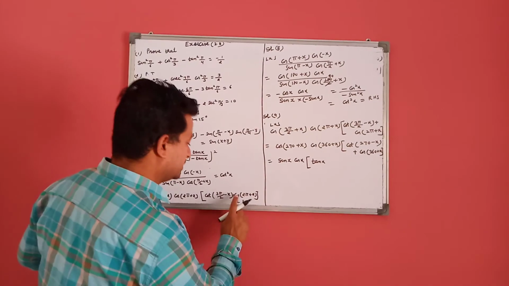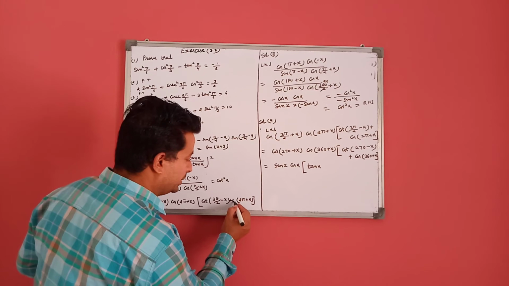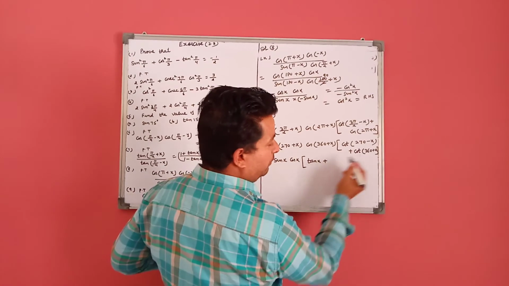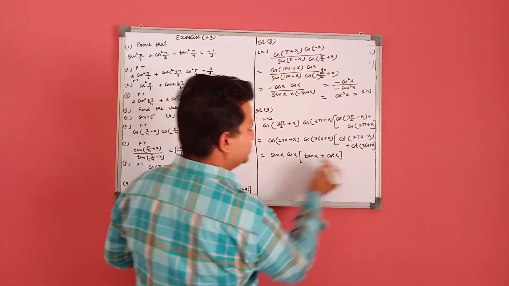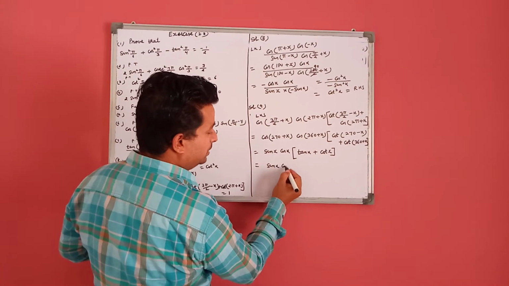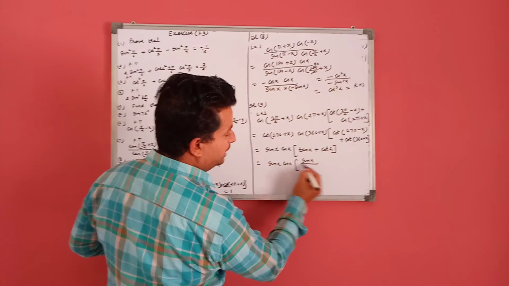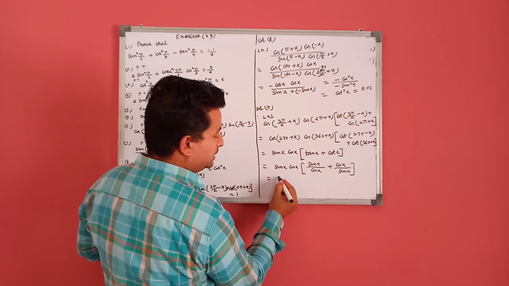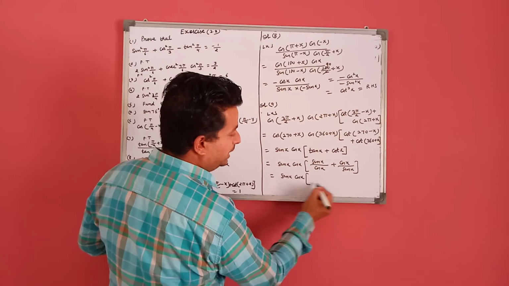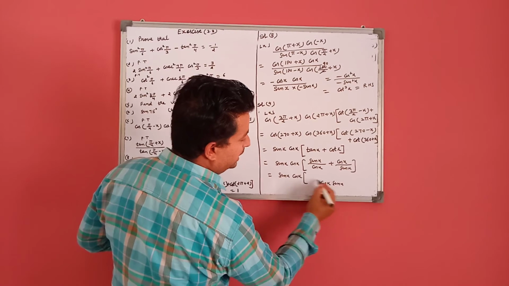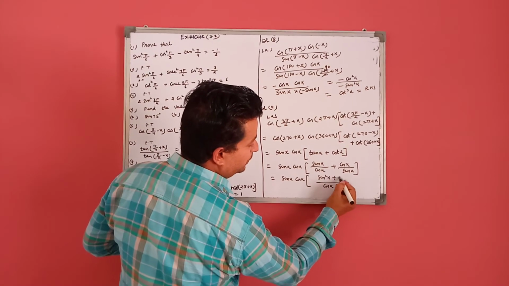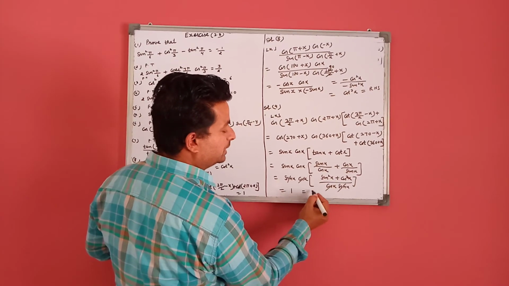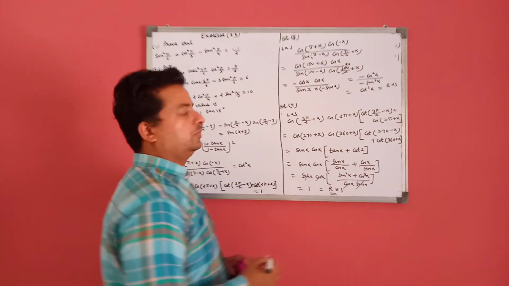But in this, there is another mistake. There is not cos, there is cot. So this is cot. This lies in first quadrant, there is no change. This becomes cot, so this is sin x, this is cos. This becomes sin by cos, this becomes cos by sin. This is sin x cos x. When we take LCM, this is cos x sin x. This becomes sin square x plus cos square x. These cancel out. As we know, sin square x plus cos square x is equal to 1. This is the right hand side of the equation.